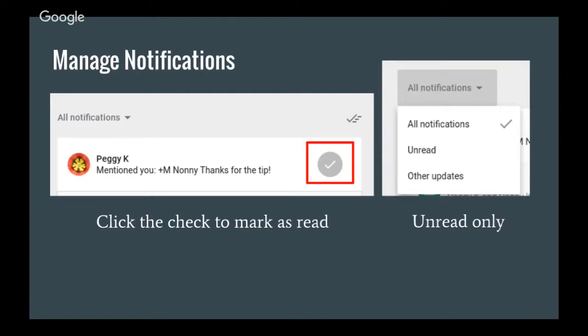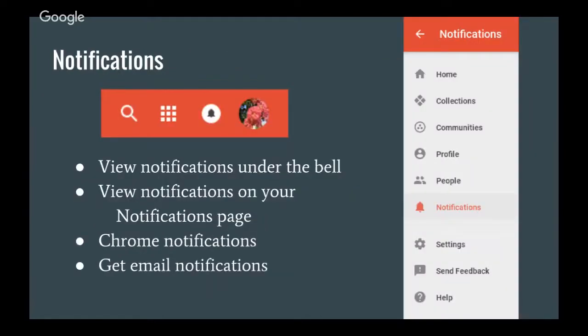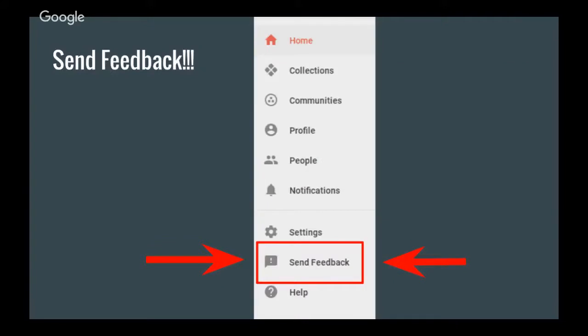Hey, if you go back one screen, can you go back one screen real quick? I don't know if you're going to finish on this, but it's very important to me, and you've seen many, many posts from me, and a lot of people that follow me, I always talk about sending feedback. I don't know if you were going to go into that, but if you are, then I won't say anything, but I really think that's important. Okay, thank you. I jumped the gun. My bad. Keep going.